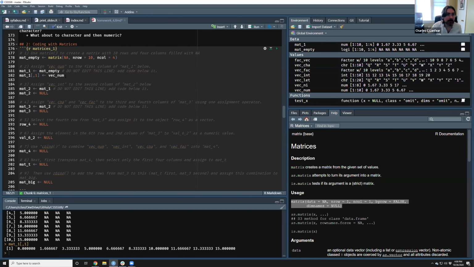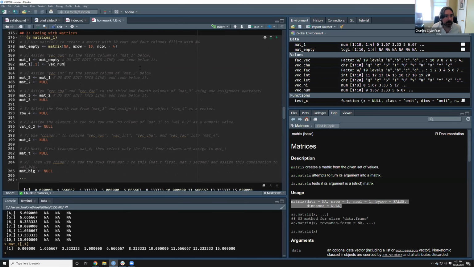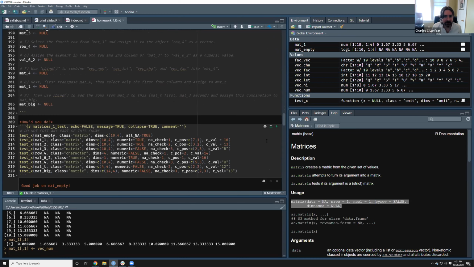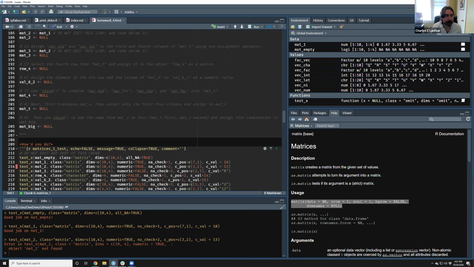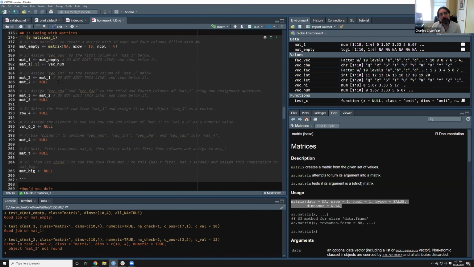Okay, let's go to the next one. And also, I'll run this and make sure it says that I did it right. Yep. Okay. So the next one, assign vec_int to the second column of mat2. What does that look like? It's the same basic operation. Vec_int, and where is it going?